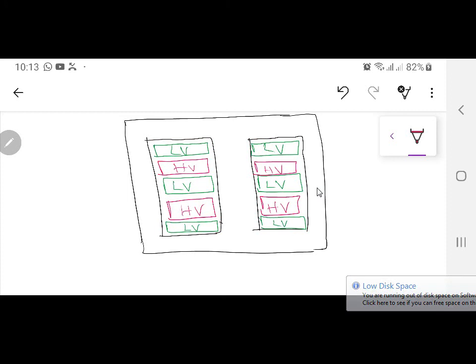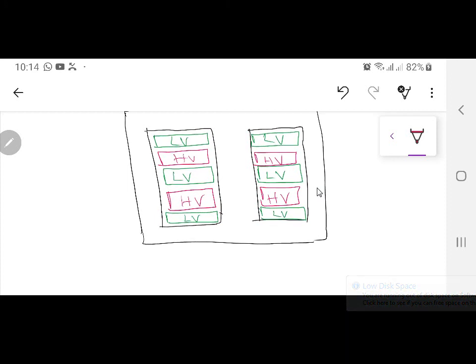Now for this one, as you can see the sandwich winding, one thing very important before I proceed further: the low voltage winding is closer to the core, here also closer to the core. Keeping the low voltage winding closer to the core has one objective, that with the core, low voltage is there, so it will not have a flashover. By flashover I mean that it is not going to have a dielectric disruption over there, so it can withstand that. If we put the high voltage close to the core, there was a possibility that current could start leaking from the high voltage towards the core, which is actually at neutral point over there.